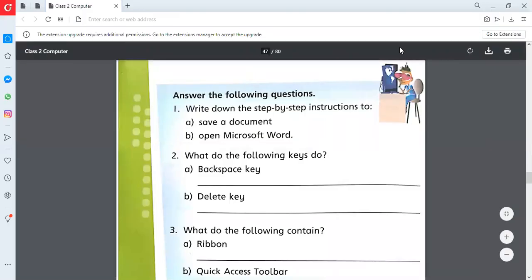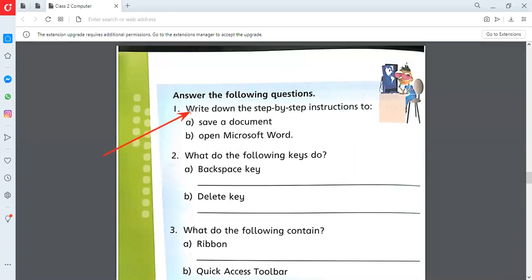So, in today's class, we are going to write the question. The question is available on page number 40 in the book. Everybody should open the notebook. And right now, I am showing you the question. On page number 40, the question is telling us to write down the step by step instructions to